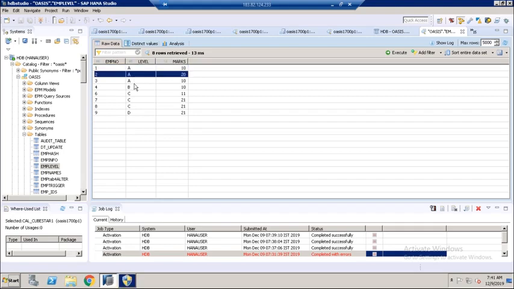In this level A, whoever gets highest mark, I want to give rank 1. In the level B, who gets highest mark, I want to give rank 1, and the next highest marks, I want to give rank 2. So we want to do the same thing in the levels A, B, C. So for that,